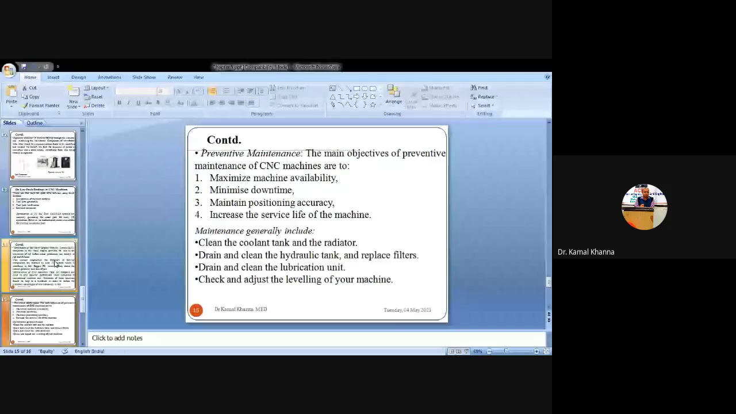So if you have your bike and you go to a service station or a mechanic to have maintenance done, then at every service the mechanic is changing your lubricant oil after every 2,500 kilometers of your bike's run, and he is cleaning your coolant tank, and cleaning the radiator,